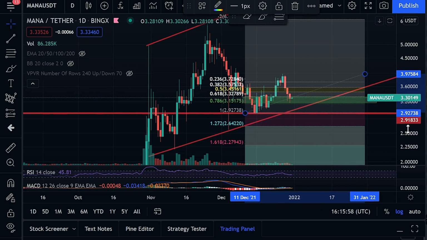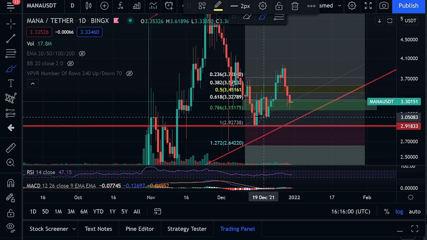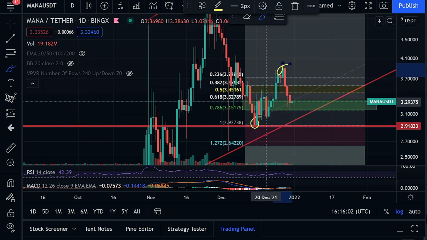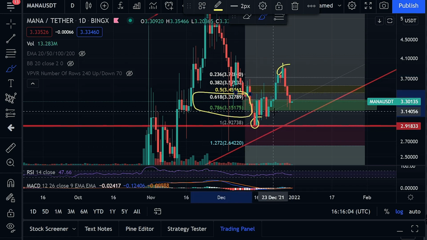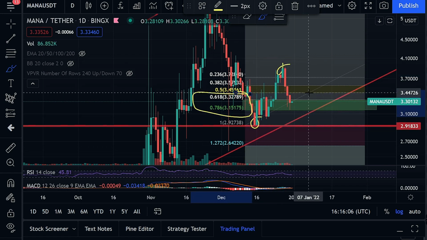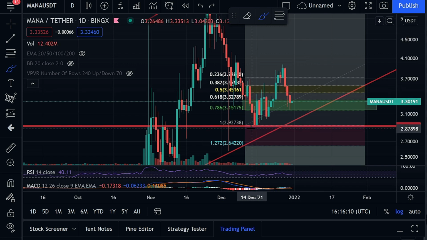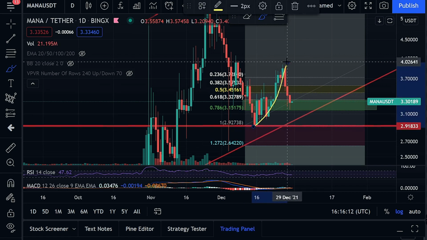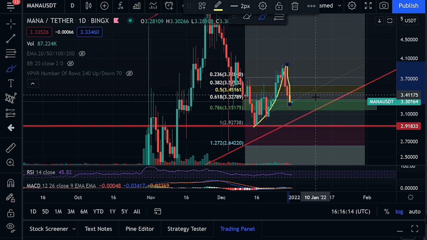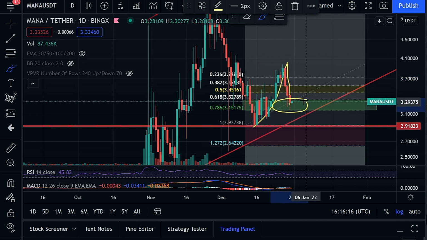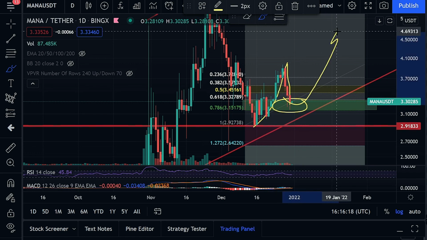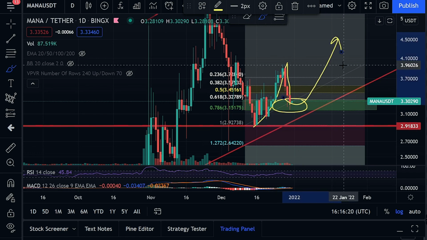If you draw a swing high to swing low Fibonacci from your most recent local low to local high, you can see it puts our 618 to 786 zone between $3.32 to $3.15. Now, generally what this means is that when we see these larger moves to the upside, followed by a larger correction, these corrections will only go into the green box before continuing upwards